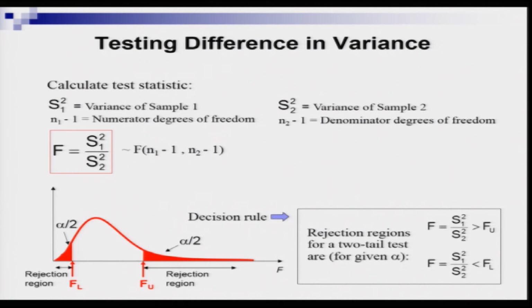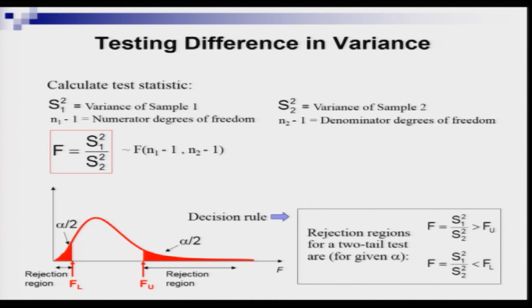So, that is what we have written, and this particular test statistic follows an F distribution with 2 degrees of freedom, namely n1 minus 1 and n2 minus 1. So, I have actually explained them in the previous slide. So, next you have to set the level of significance at alpha, and then you need to set the decision